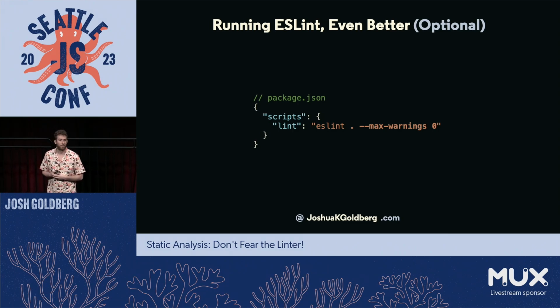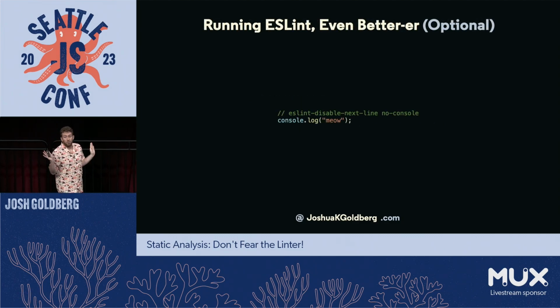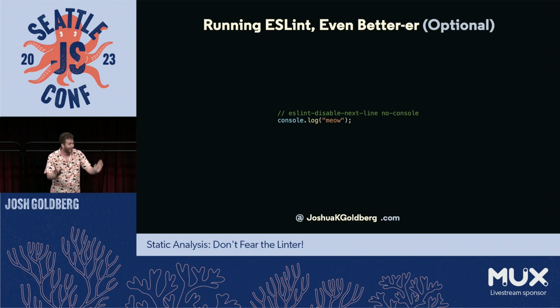And I typically fail pull requests in CI on ESLint, though I would never block a local build, a local dev server on lint failures. That's real annoying. And if you need, you can always disable a lint rule inline. And I want to lean into this and let it sink in. You can disable a lint rule in your config, per file, per line, per block. It is okay to disable a lint rule that doesn't make sense for you.